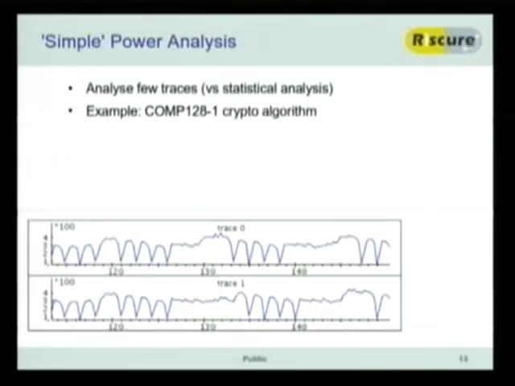I have an example here of the COMP128 GSM algorithm. And we've taken 2 traces here. Now we see the power is going up and down and something's happening here. But there's actually something interesting happening here. We see that the processes up to here are aligned, so they're doing the same things. Then here in between, something happens and they start misaligning. So you will see that this process is actually a bit quicker than this one. And after that, they go do the same thing again.